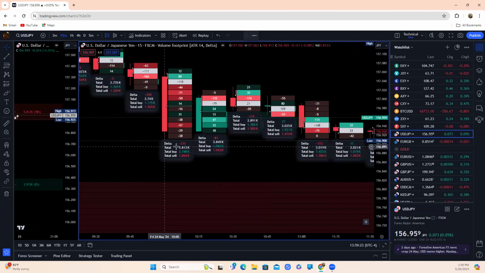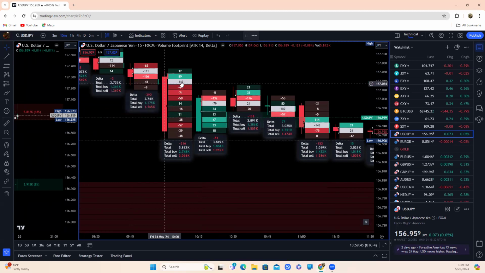Here's that candle. And as you can see, the total volume was 5.812. So they match. The volumetric order block matches the total volume in that candle. Now, when we look at the actual footprint, we see where, again, within this candle, the majority of the volume was